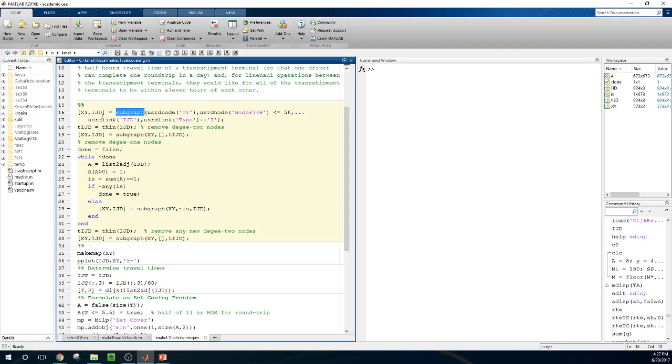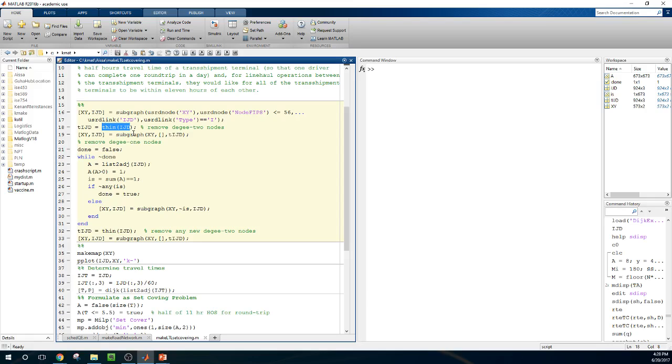And what we get then is the first output is the set of longitude latitudes for the node locations, together with the arc list representation representing the beginning, ending point, and distance in miles for each road segment between pairs of road nodes. And then the first step is that we thin the network, and we thin it so that